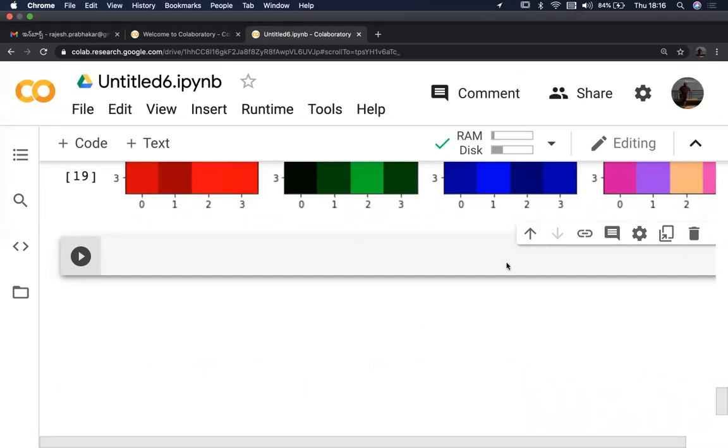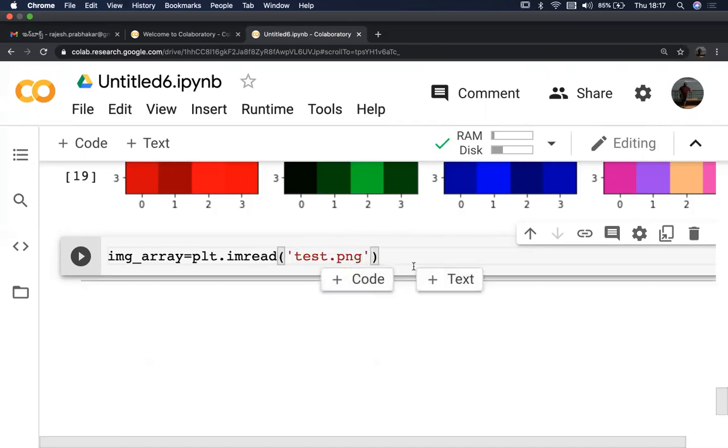Now let us read the image which you have saved as test.png. Let us say image_array is equal to plt.imread('test.png').